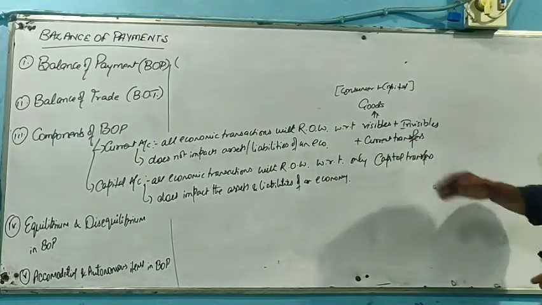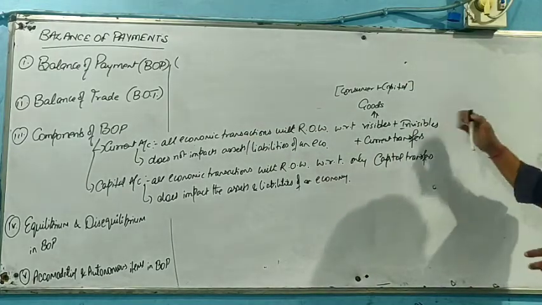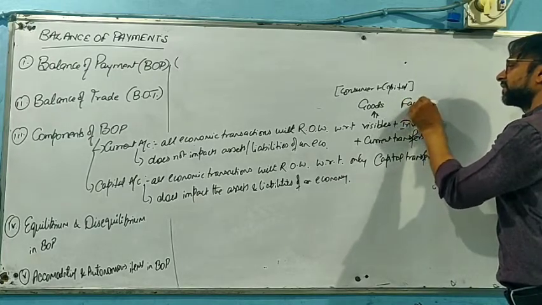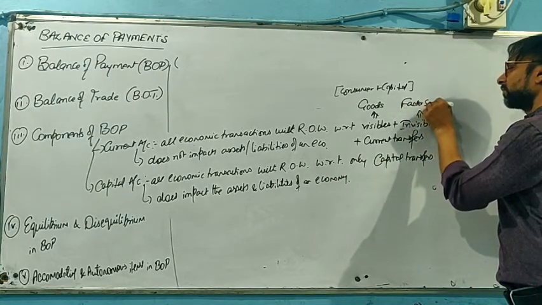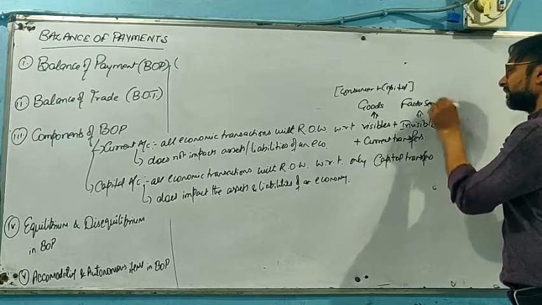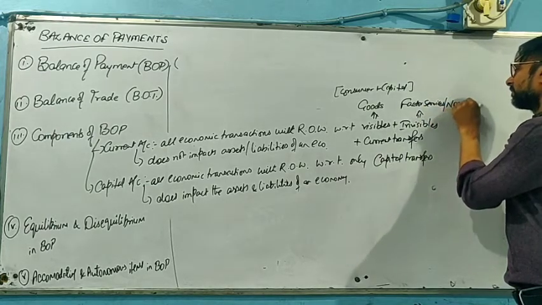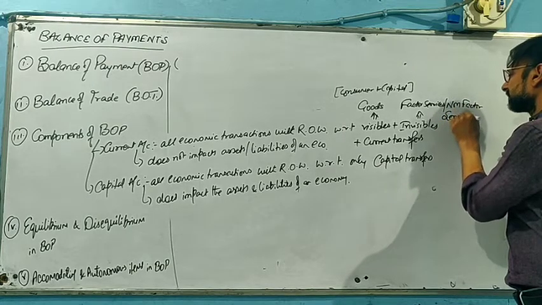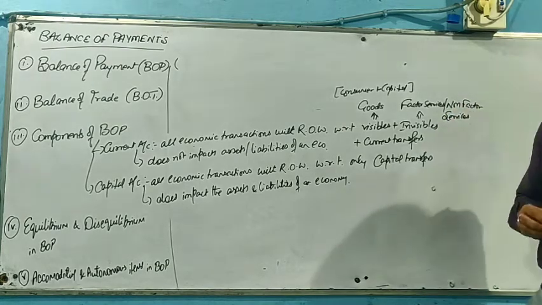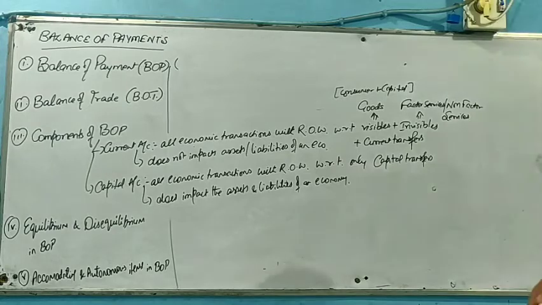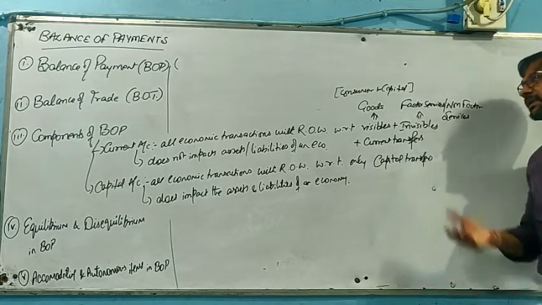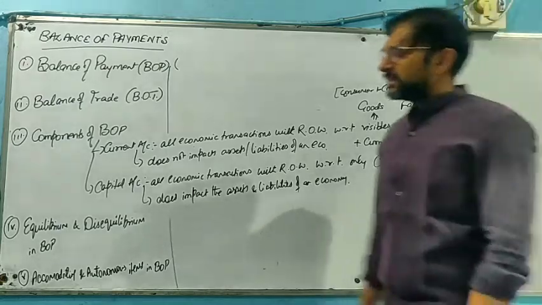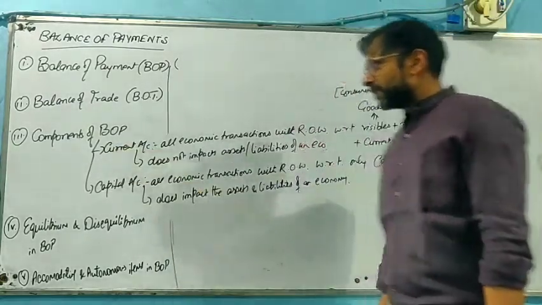Okay. Now, if we have seen these, the invisible items are concerned with factor services that labor used to give or employee used to give, as well as non-factor services that I already told you: banking, transport, finance, insurance, that are likely to be provided as non-factor. So basically these are the components of balance of payment.